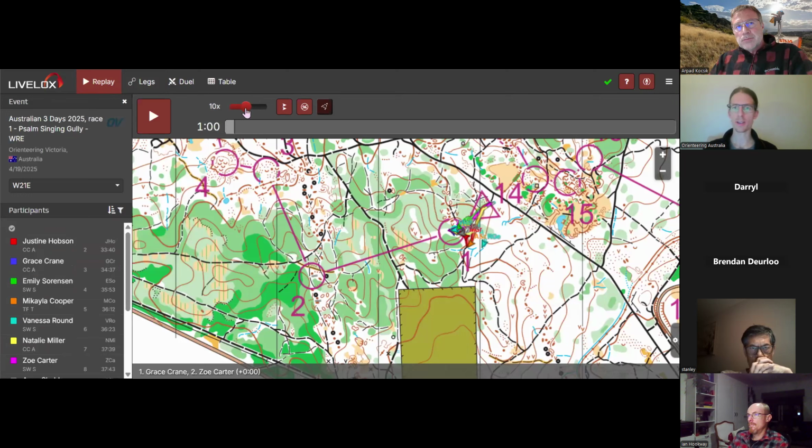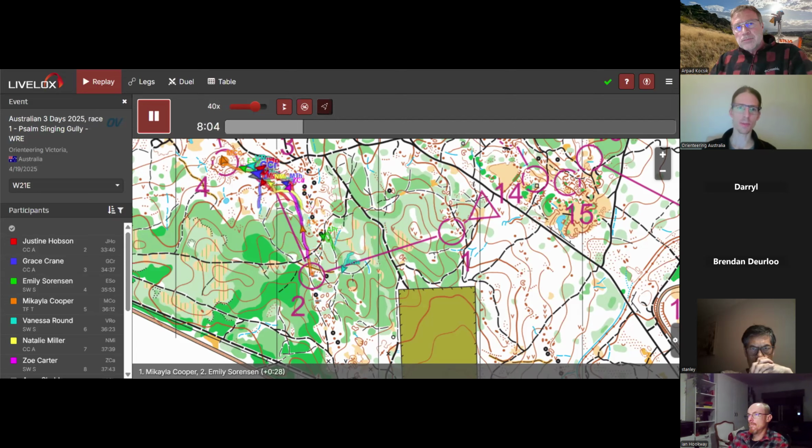I'm going to speed it up a little bit so we can go to about 40 times the speed. Push play, and we're going to see what happens. You can see lots of routes.